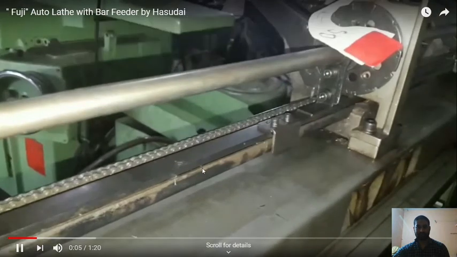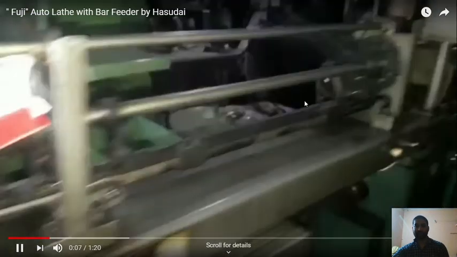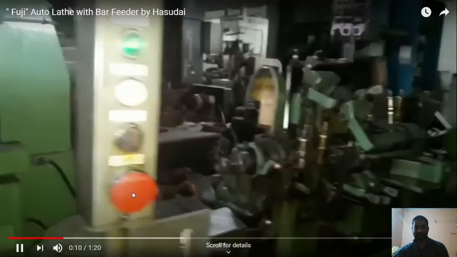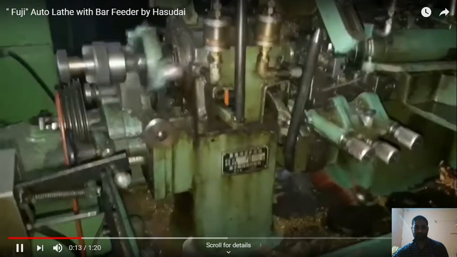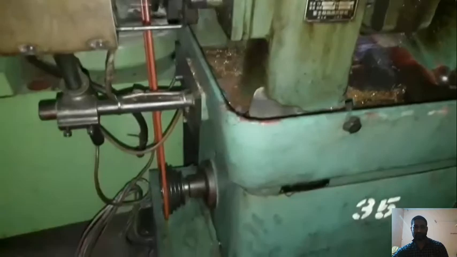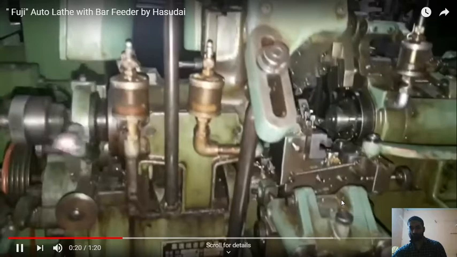See, this is a stock feeding mechanism for that. Here all the operations are automatic.